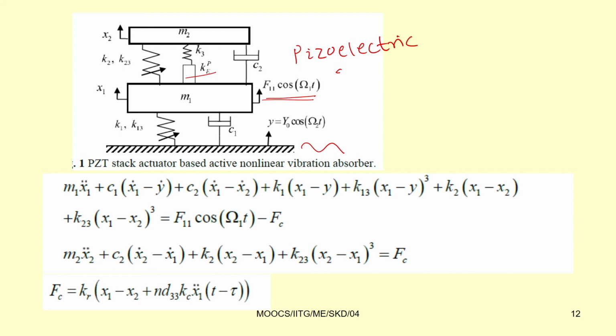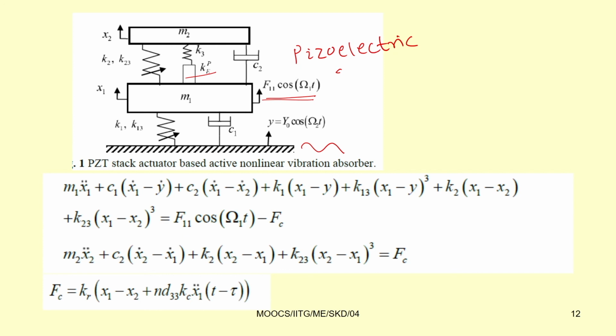So, the equation of motion of the system you can write by drawing the free body diagram. Here in this case you just see this is an active system. So, you can control the vibration of this active system by applying an external energy, that in this case is a voltage, and you can control the vibration of the system. By drawing the free body diagram, you can write down the equation of motion.